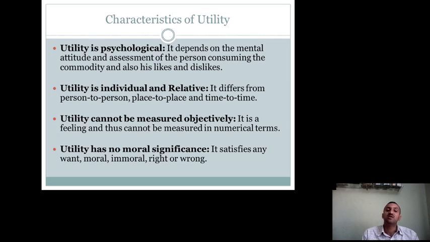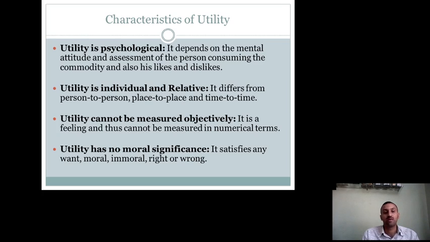So here, utility is a psychological phenomenon. An individual may like some products or dislike some products. So it is a psychological phenomenon of an individual. It depends upon the mental attitude and assessment of the person consuming the commodity and also his likes and